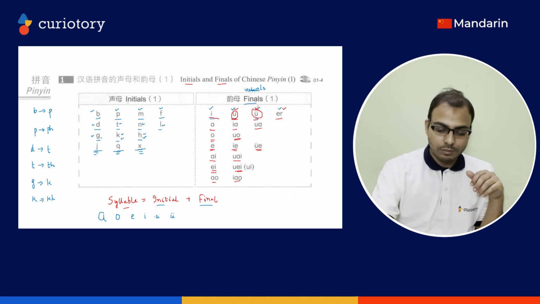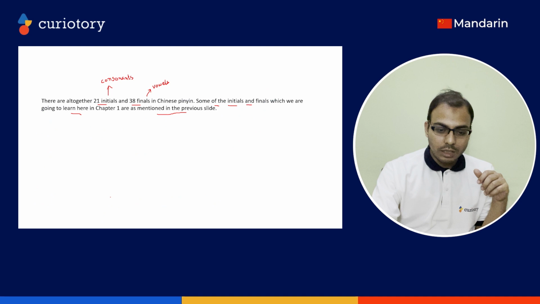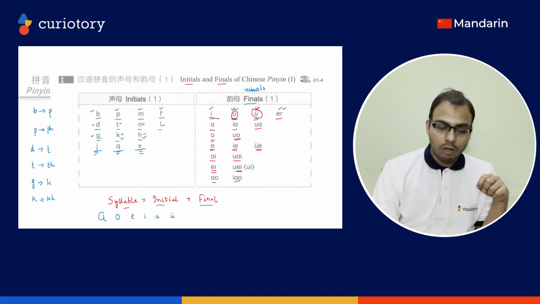Okay, out of the 21 initials and 38 finals, we got to know about some of them. Okay, now once again, if I have to say how to speak the finals. Okay,